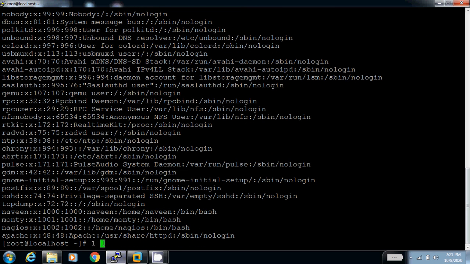First one is username. Second one is user password pointer. Third one is UID.